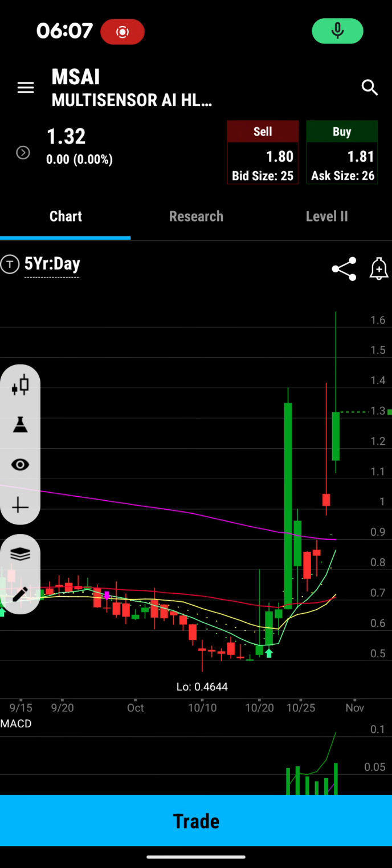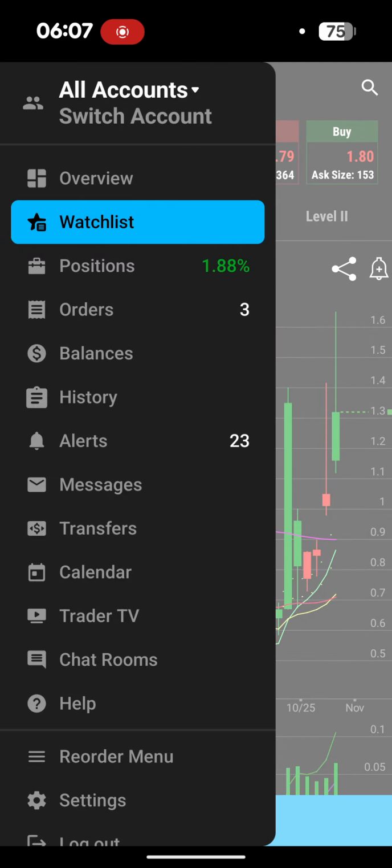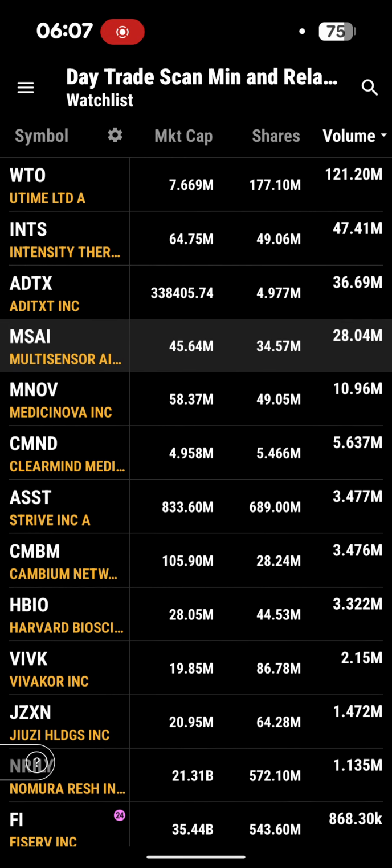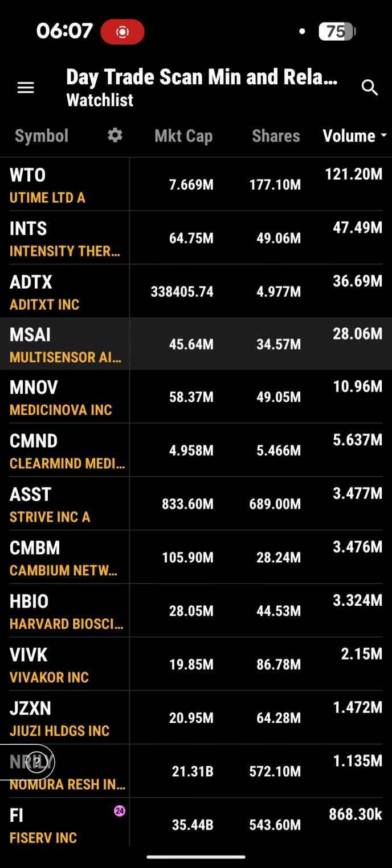Okay, so I'm going to show you a brief example of a day trade I'm looking at for today. Small cap day trade on MSAI. First thing I go for is the watch list that is auto-generated by the scan I had created with the specific filters and criteria I'm looking for. It shows a whole bunch of results, but the best one I've found so far is what I'm